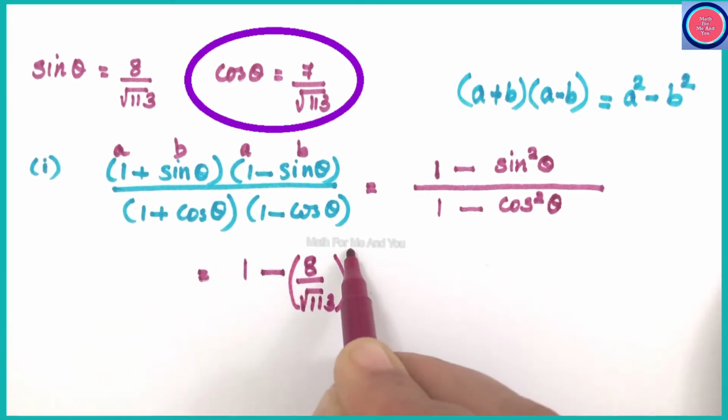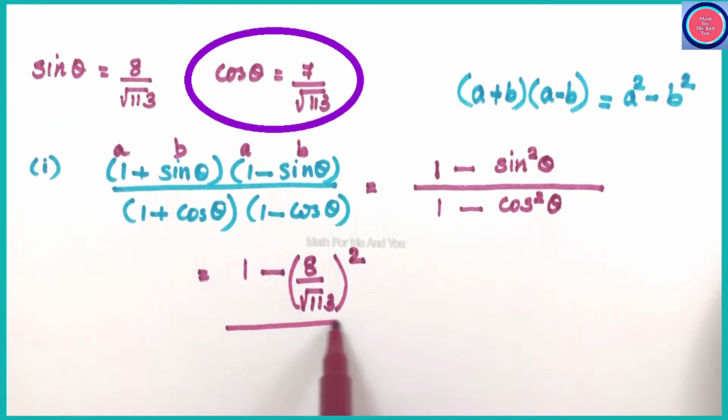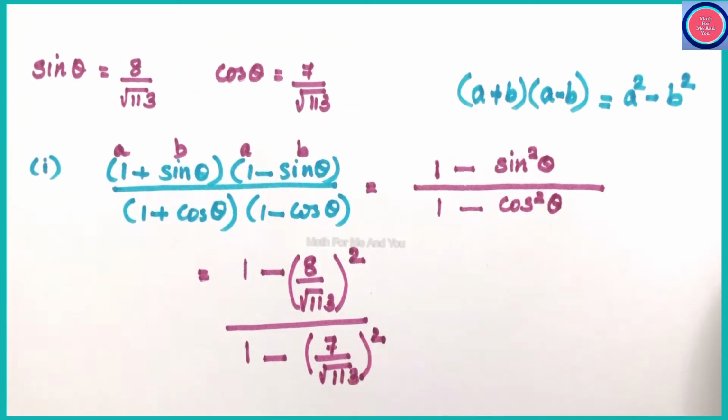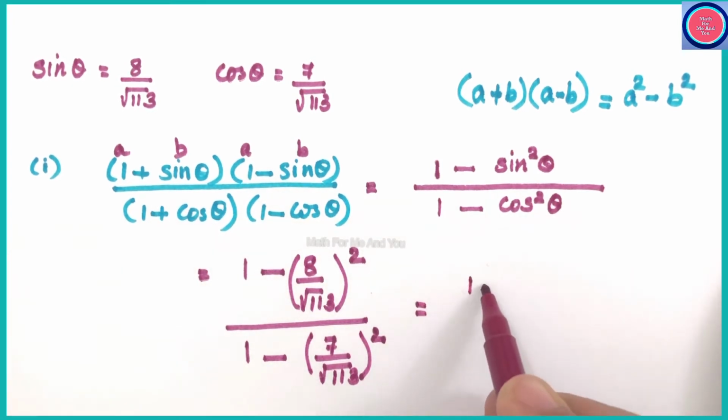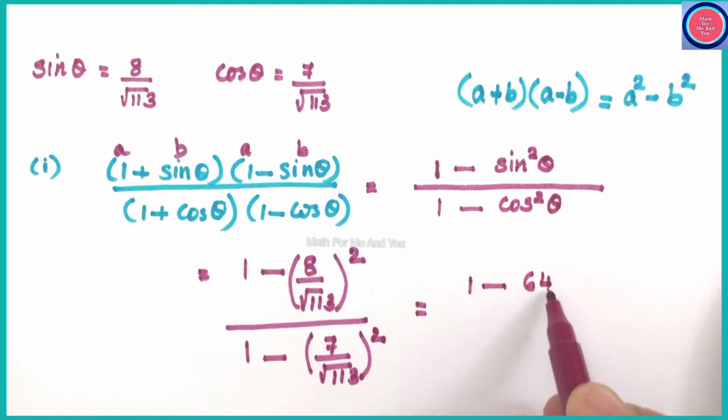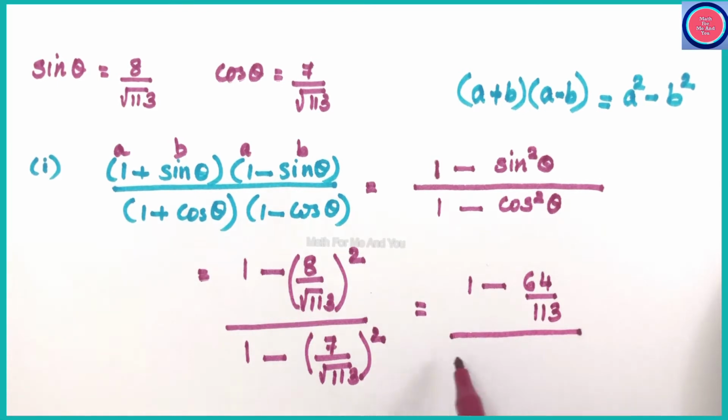Cos theta is 7 by root of 113. Cos square theta is 7 divided by root of 113 square. We can write down here 1 minus 7 by root of 113 square. We can find the squares. Numerator: 1 minus 8 square is 64. Root of 113 square, root and square cancel, we get simply 113. Denominator: 1 minus 7 square is 49, and the denominator is 113 because root of 113 square